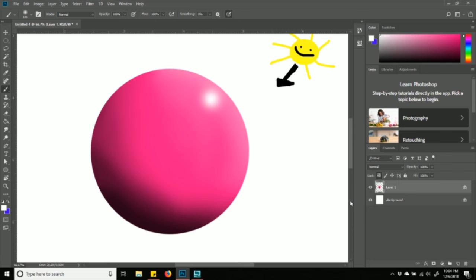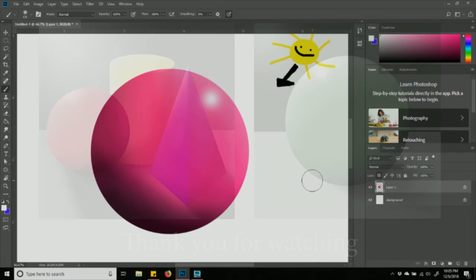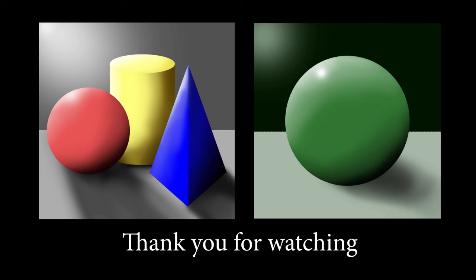Or you can try doing some still life drawings and then adding values to them here. It's up to you, but those are just some basics of Photoshop. Those are like the really basic brush painting techniques that you can use. Obviously there's still so much more to explore in Photoshop, but I hope that kind of helped you get started,